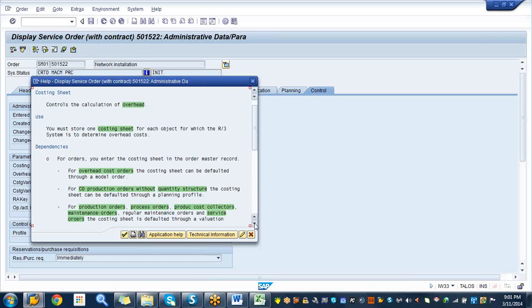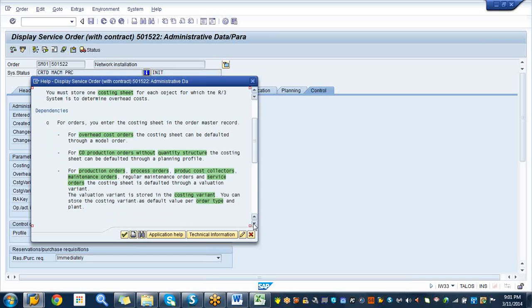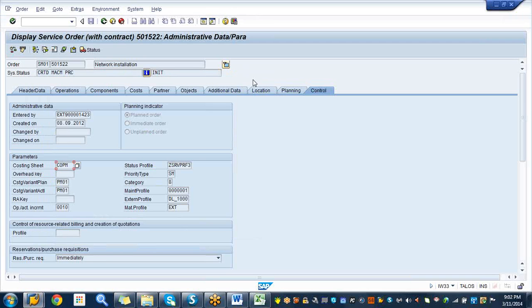So overhead cost is something connected to utilities, labor, and any cost that is not direct cost. It's also called indirect cost. So the costing sheet, if you are using, that means you are more concerned about overhead cost, not the direct cost. So here you have cost variant